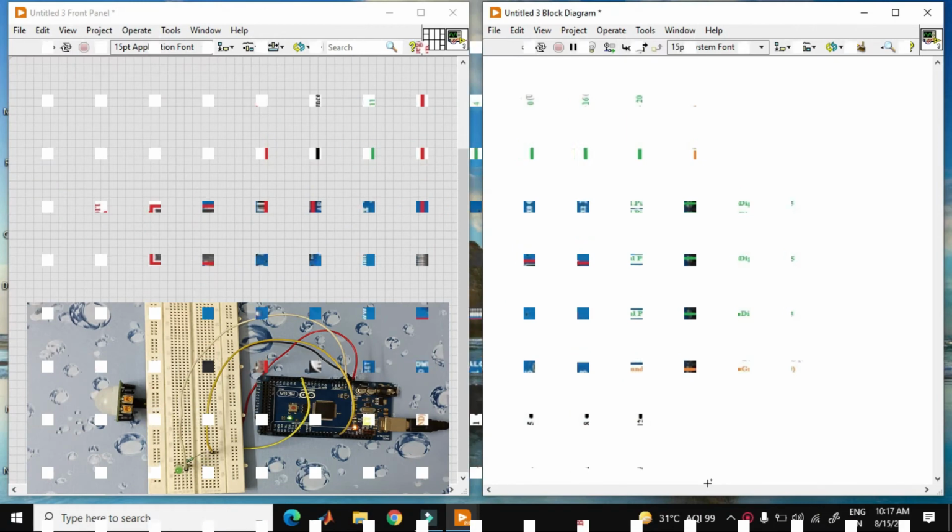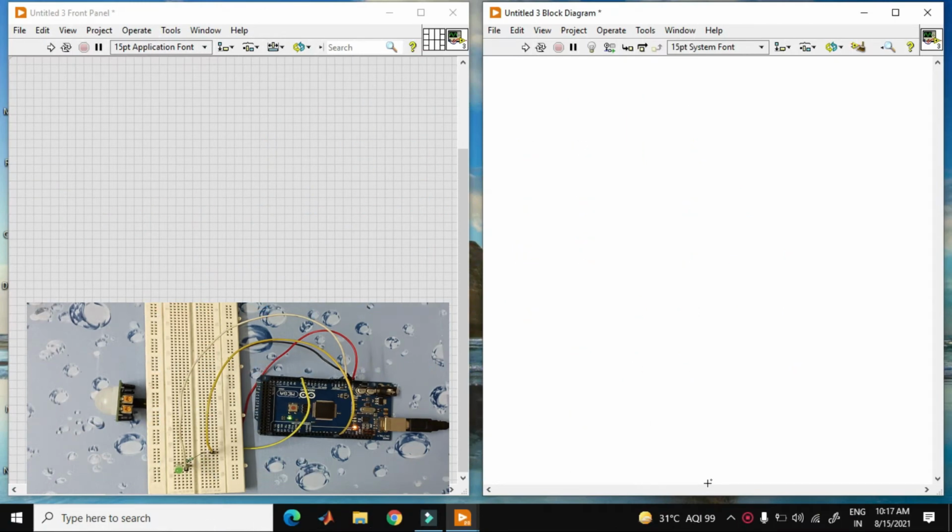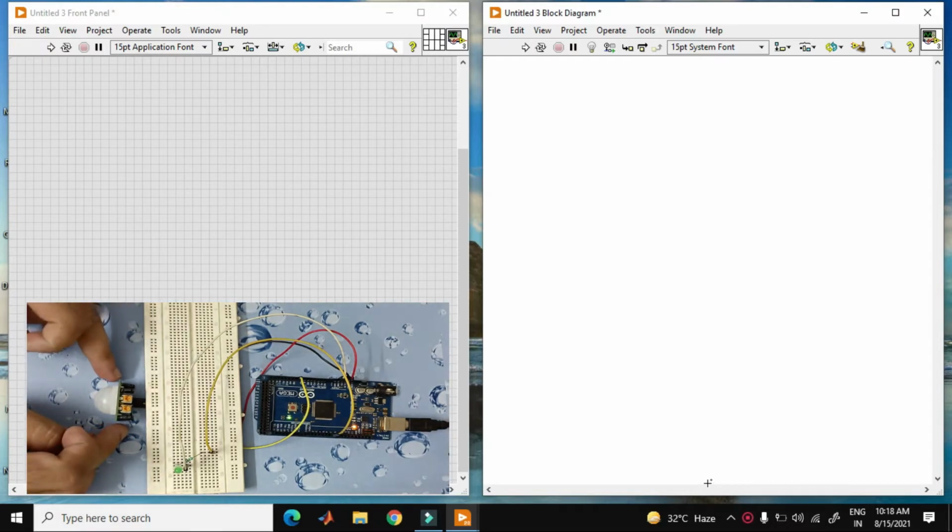Good morning. Today I will discuss how to interface a passive infrared sensor, or you can say motion sensor, with Arduino Mega using LabVIEW. Over here I have a passive infrared sensor. Using these potentiometers you can change the duration of the pulse, and you can also change the range of this PIR